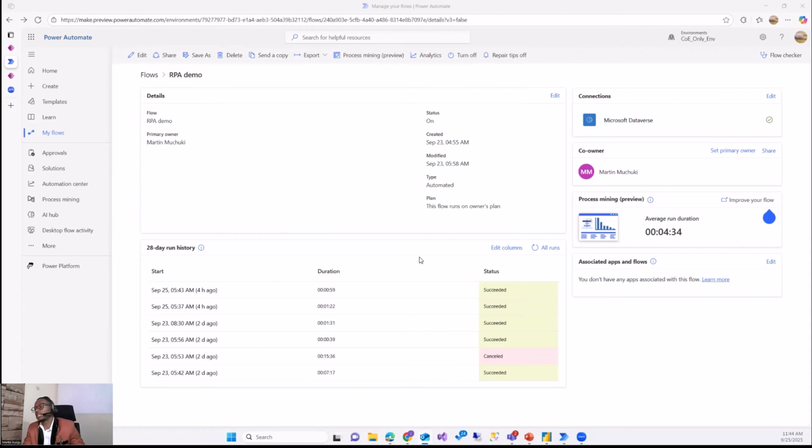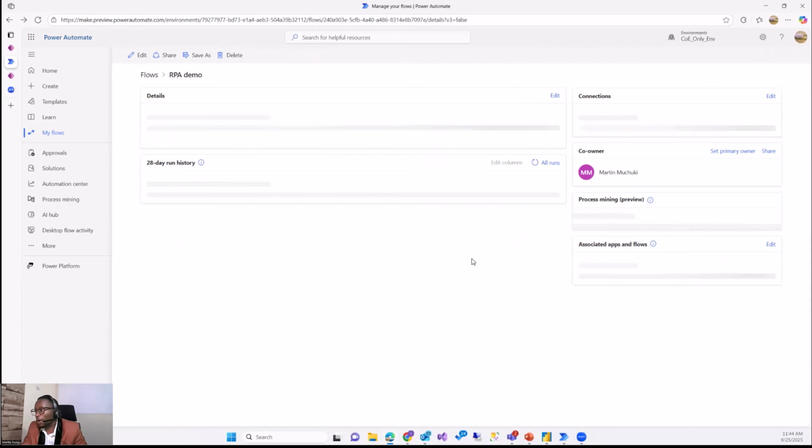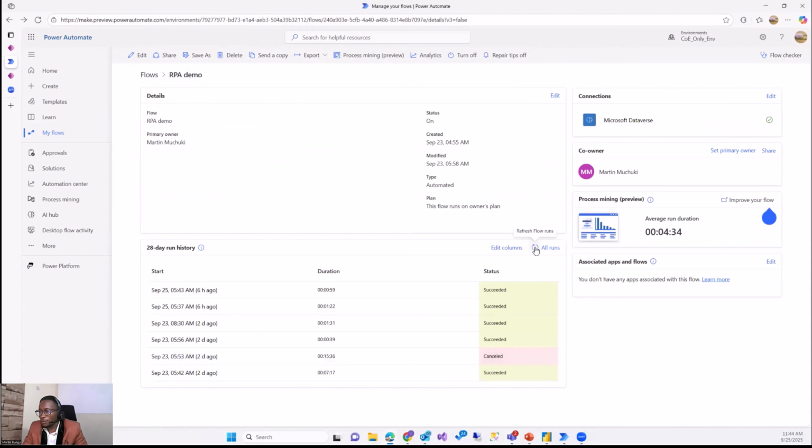So what we expect that to do is to trigger a workflow similar to this. So we are going to refresh here and wait for our workflow to start running. Yeah, so let's refresh this, and yes, you can see there's a workflow that started running 2 seconds ago upon receipt of that invoice.